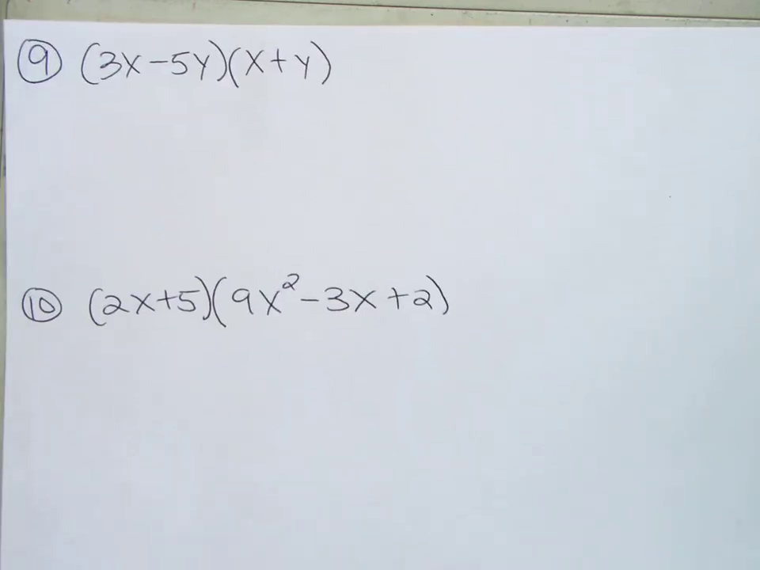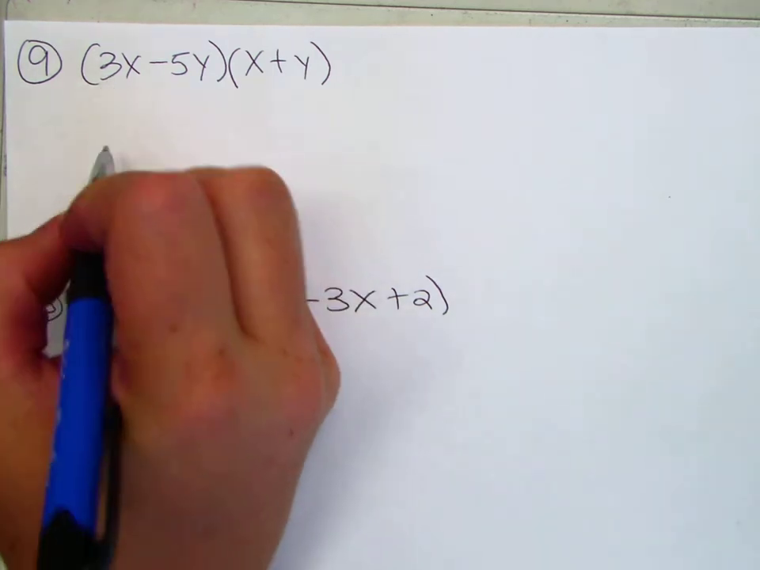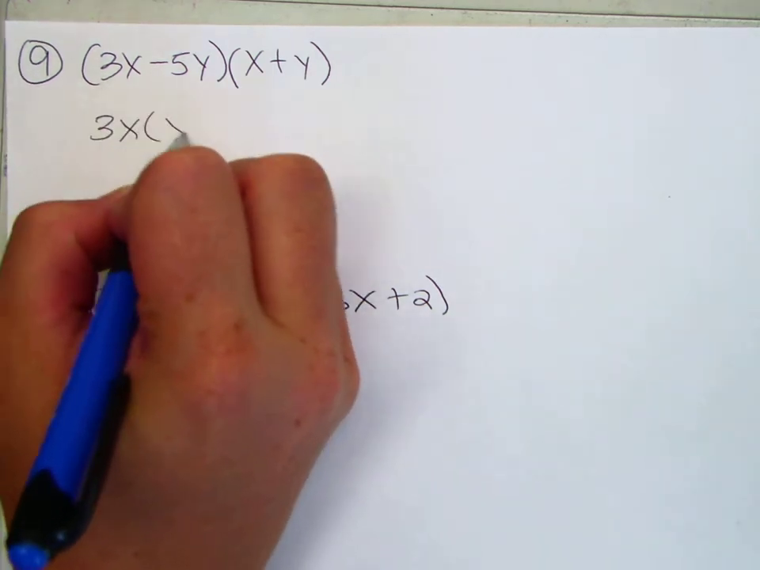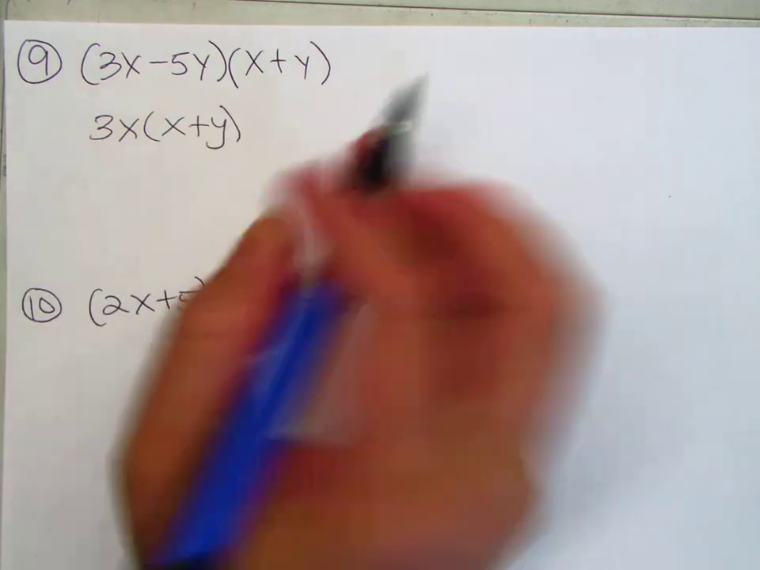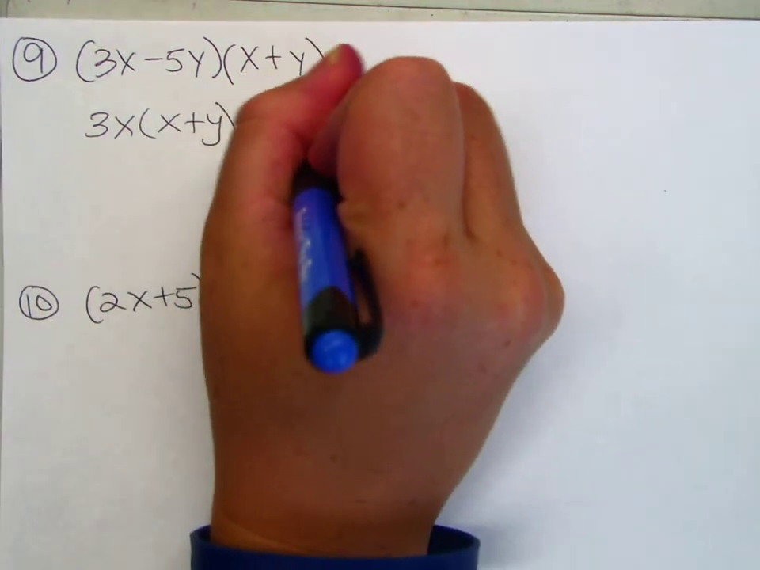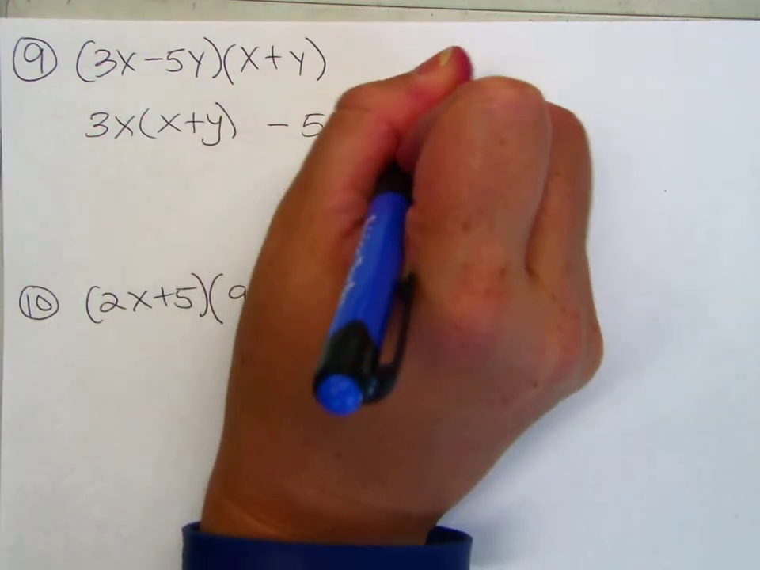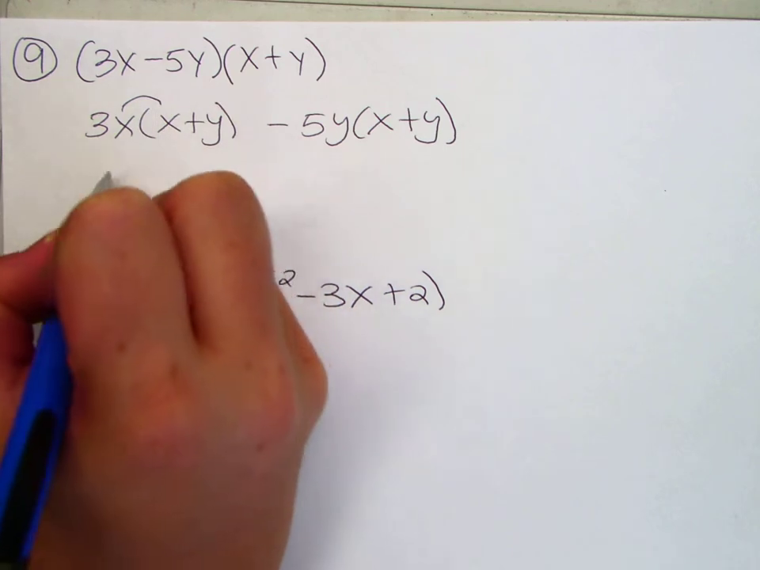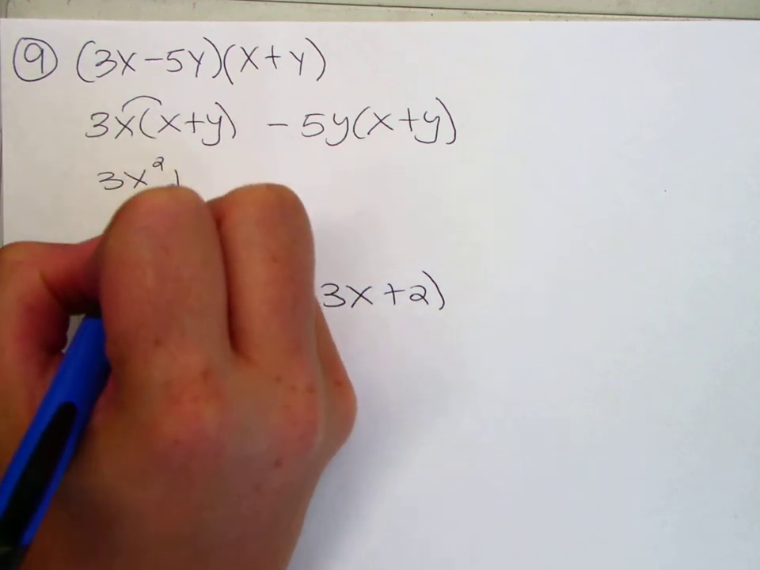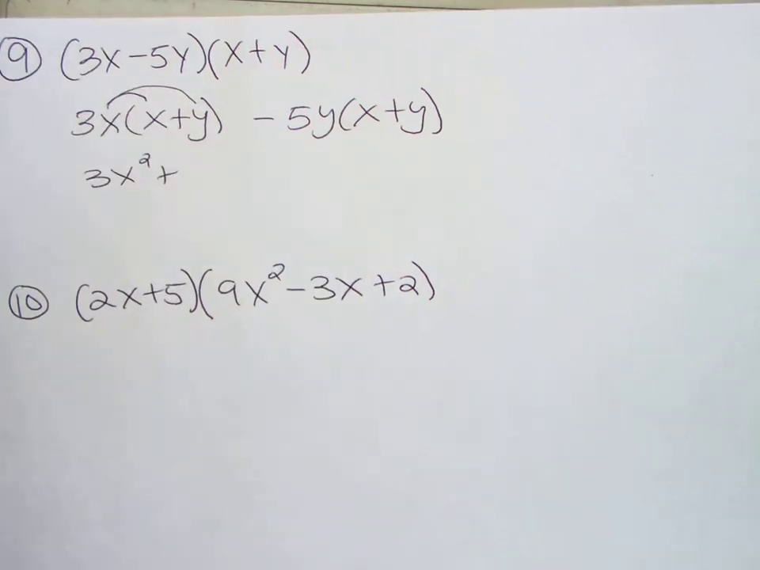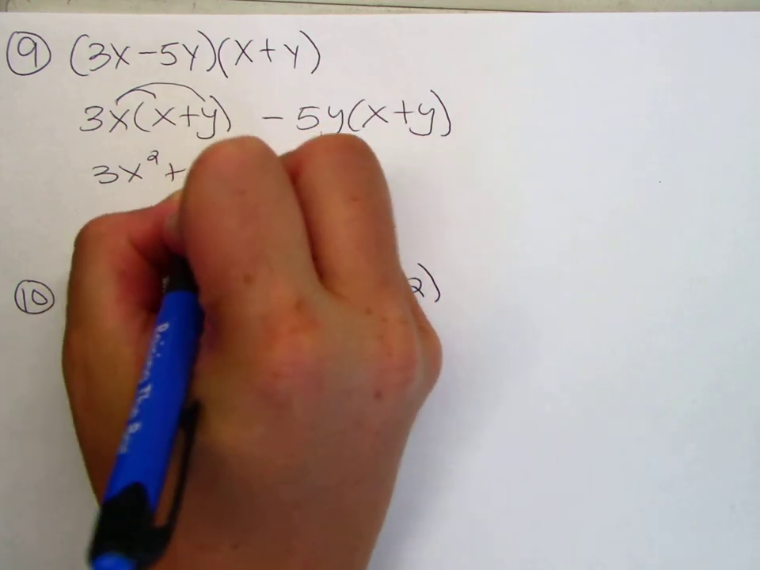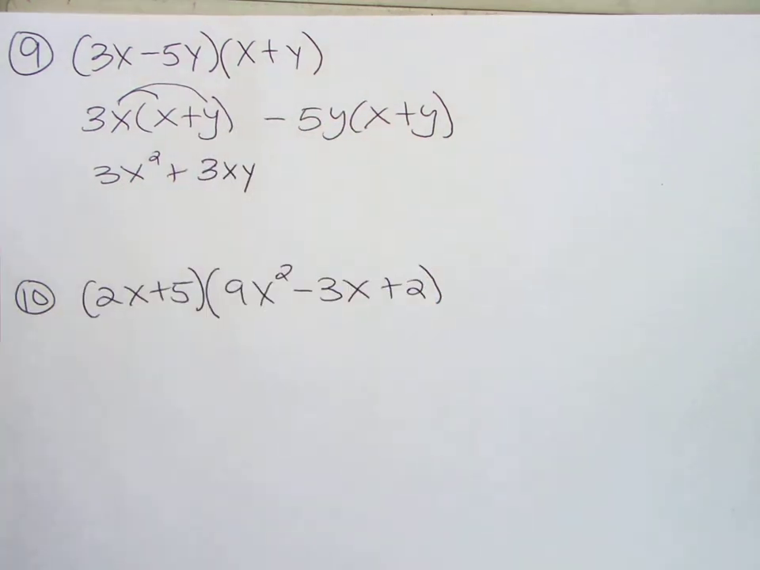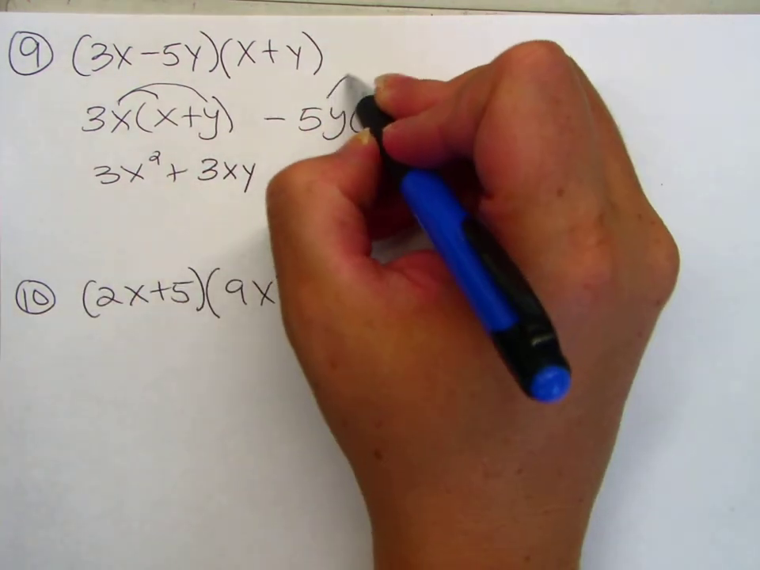All right, number 9. It's not really that much harder. It just has an extra y in it. So we have 3x times x plus y, and then minus 5y times x plus y. The process is no different. You just got to pay attention to what you're doing. All right, 3x times x is 3x squared. 3x times y is 3xy. When you're multiplying, just put those variables next to each other. Negative 5